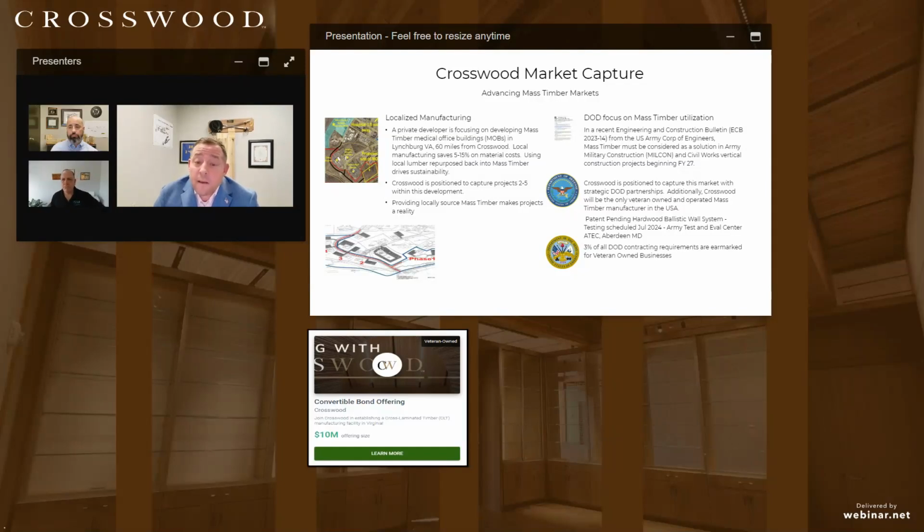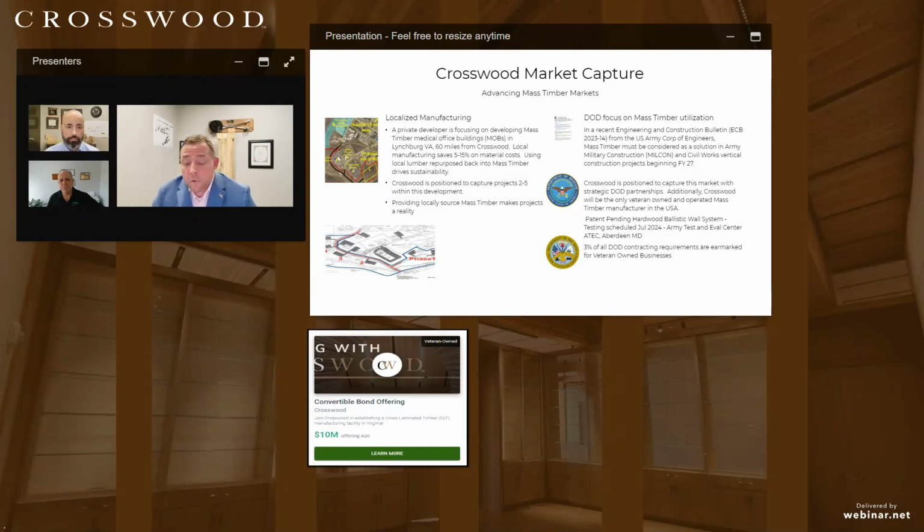That's a big deal for us, and we've been approached by numerous builders and developers as they've heard that mass timber is coming to the state of Virginia and will now be more readily available here in the Northeast. We're approached by developers in Richmond, Northern Virginia, the Baltimore Turnpike. There's a lot of interest and a lot of folks that want to build with mass timber, but whenever they start looking at the shipping costs and the cost of logistics, it really pushes it out of reach. And with localized manufacturing, we are going to change that.